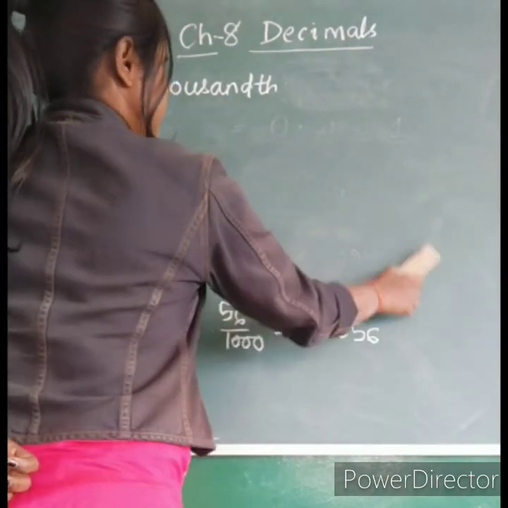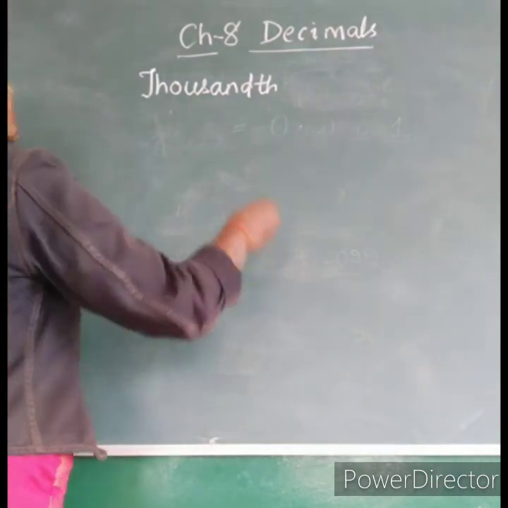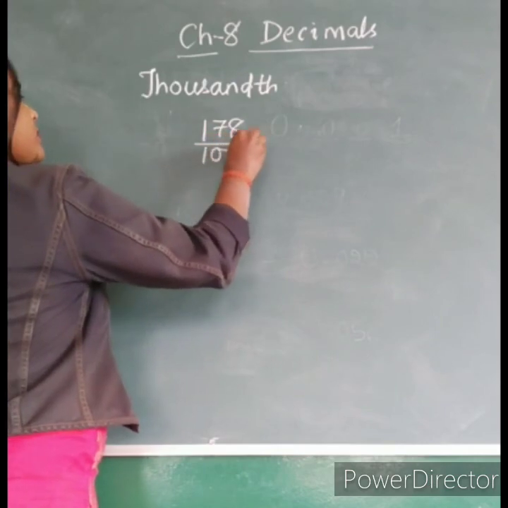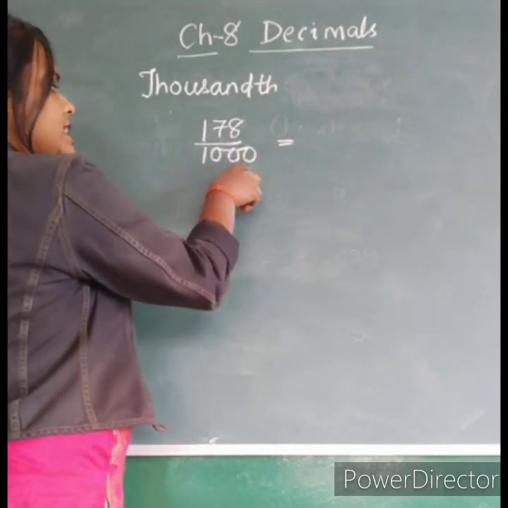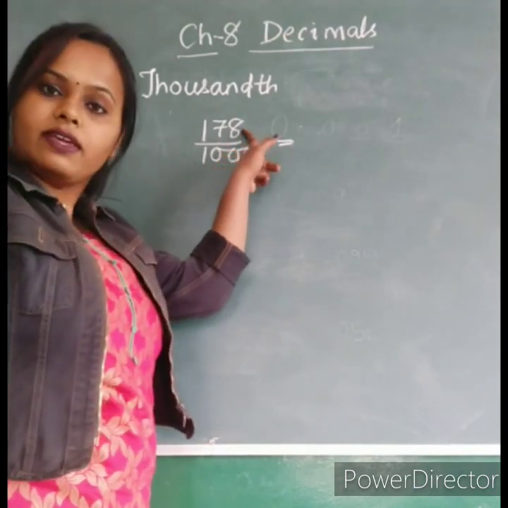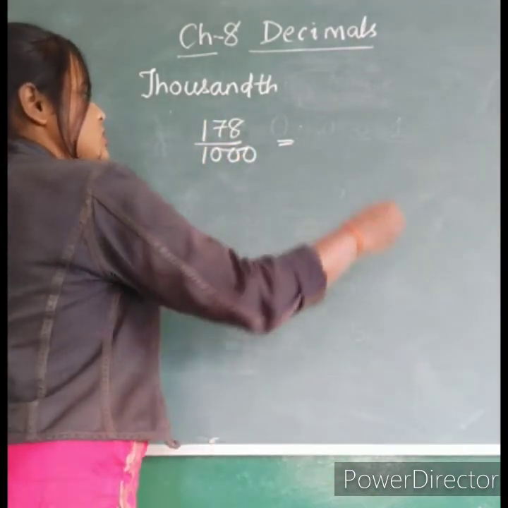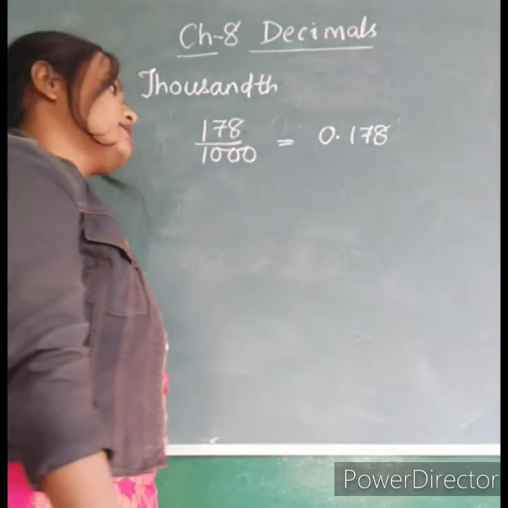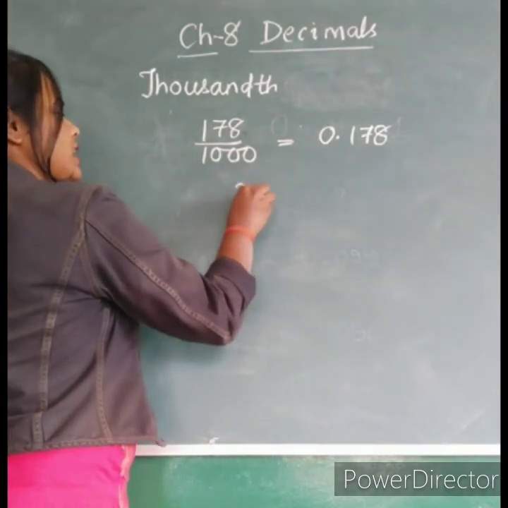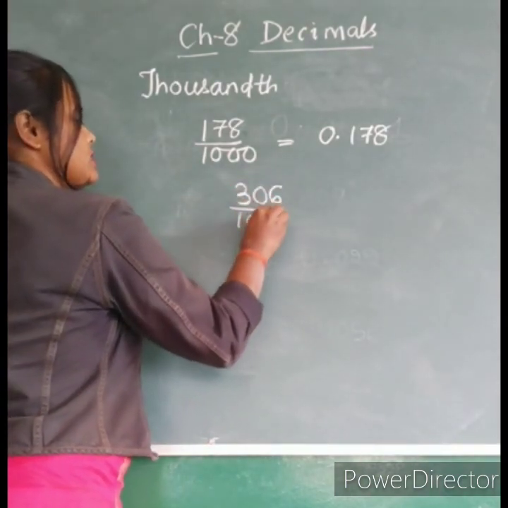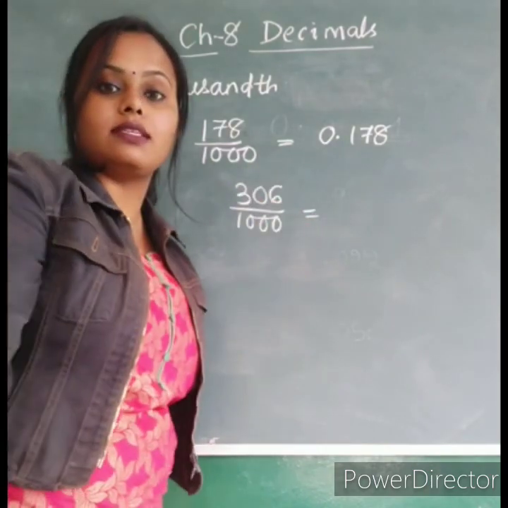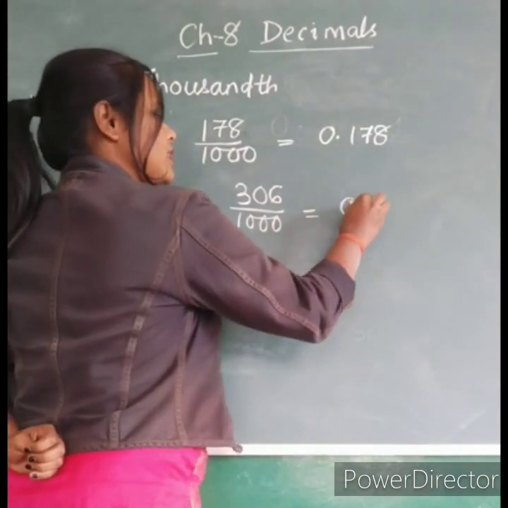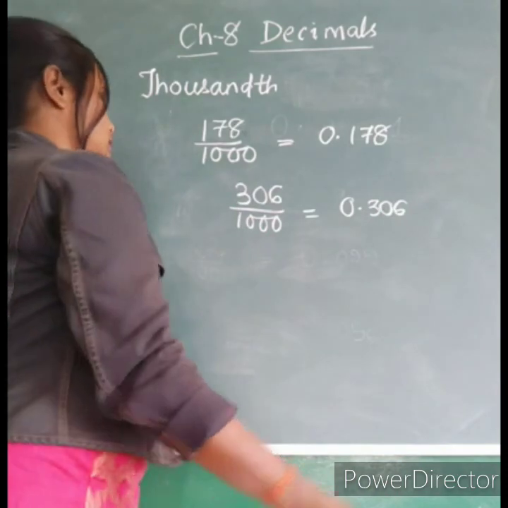178 by 1000. So after the point we need 3 digits. In the numerator we already have 3 digits. So it will be 0.178. Next, 306 by 1000. How to write this one in decimal? We already have 3 digits in the numerator. So no changes: 0.306. Next example,